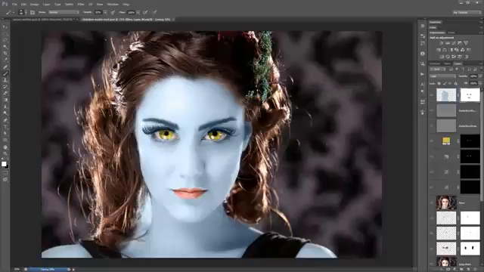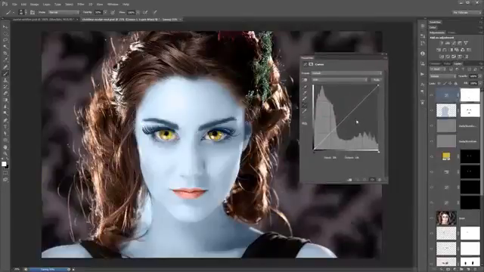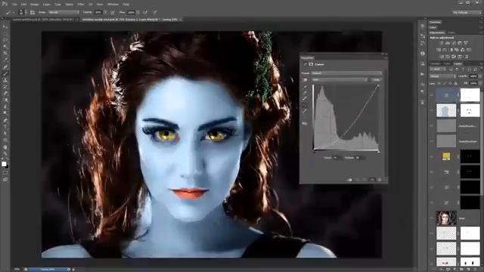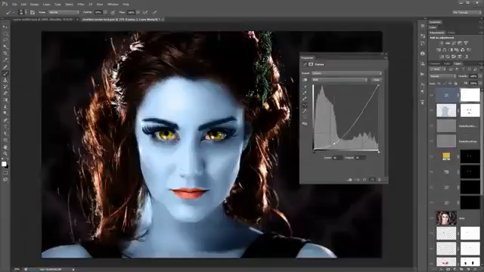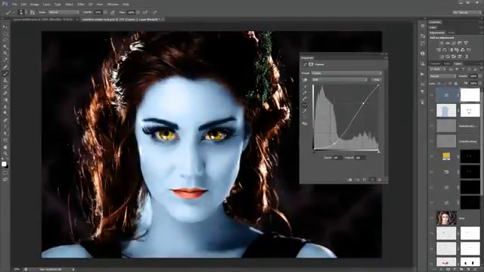What we need to do next is finish adjusting the color and the light and tone of the skin. So we're going to do that first by adding a curves adjustment layer. And we're going to do a few things here with the curves adjustment layer. We're really going to drag down on the darks. All right, you can see it looks really, really crazy. And I'm going to pull back up on the brights, just like that, just to introduce a little bit of